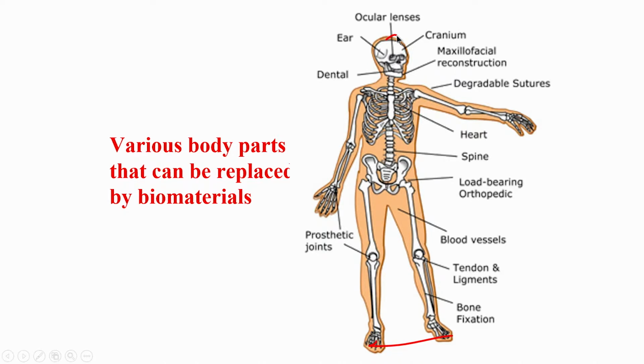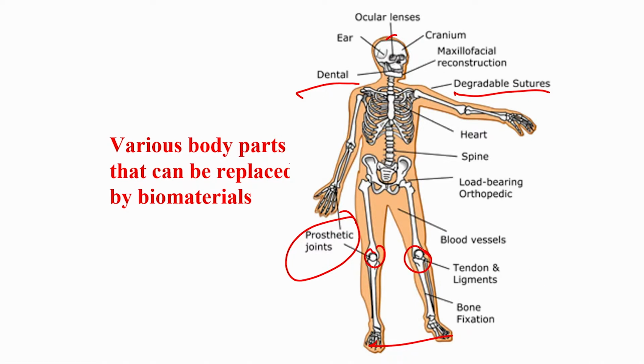So, you can see here that even for middle ear and orbital implants made of hydroxyapatite, you have a cranium where you can do, for example, decompressive craniectomy, and you need a cranioplast. So, essentially the patient's brain will be opened up and the cranioplast can be put in. Ocular lenses, maxillofacial reconstruction, degradable sutures and dental implants, prosthetic joints, that is also another implant, that